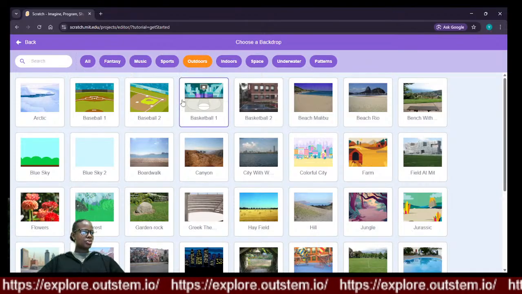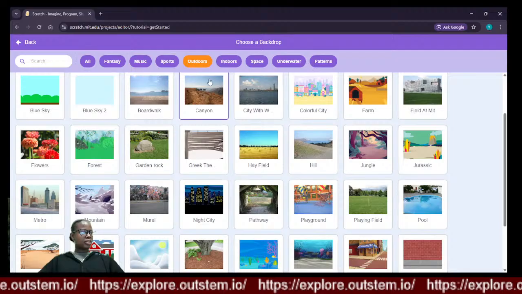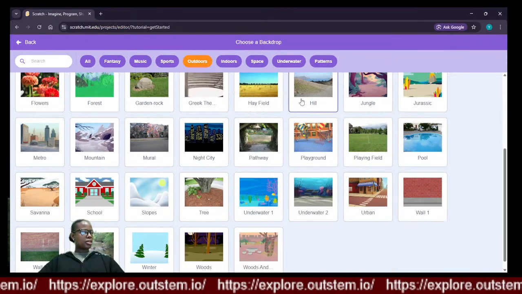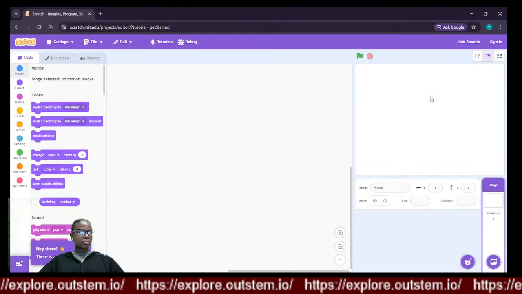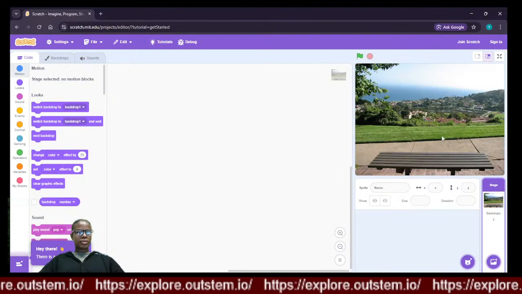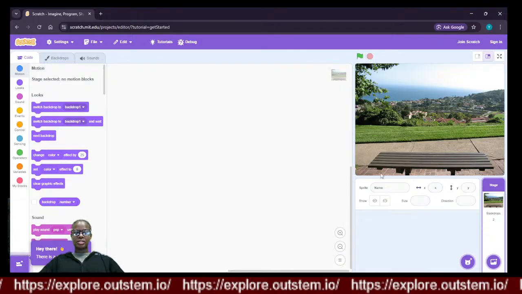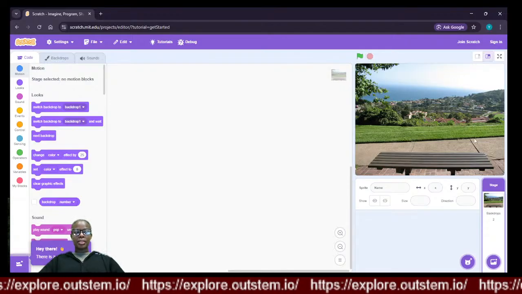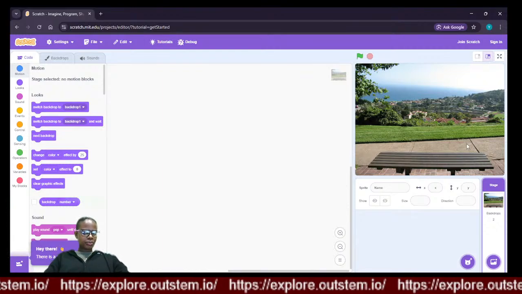Just press outdoors. And then I'm going to look for my park that I want to use today. And it should be right around here. All right, so once I press the background that I wanted, it's a little park, it's a little bench in a park. Now this is the background,